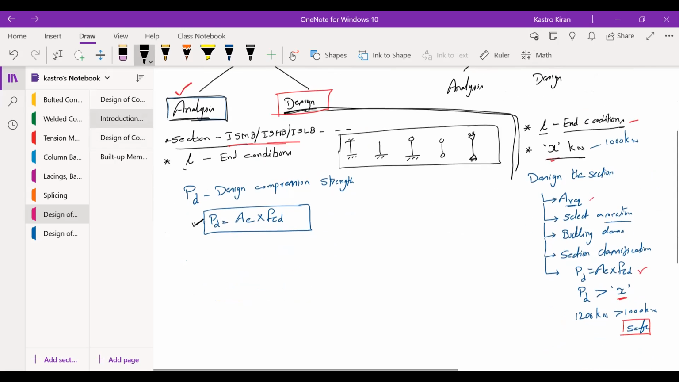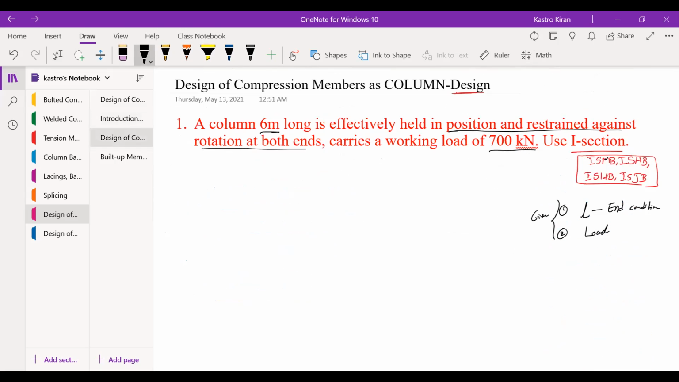And ultimately what you're going to do is this part, that is the design of the section. Okay, so let's solve this problem using this procedure. Initially let's write the given data and then let's solve the problem. Okay, the solution. So given